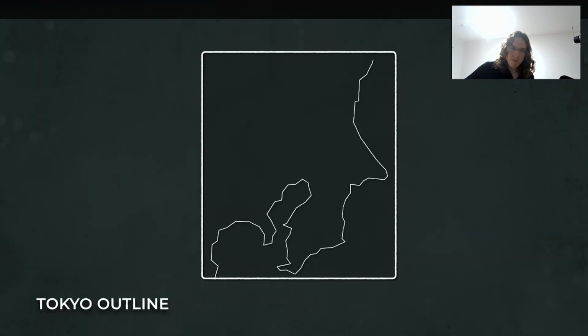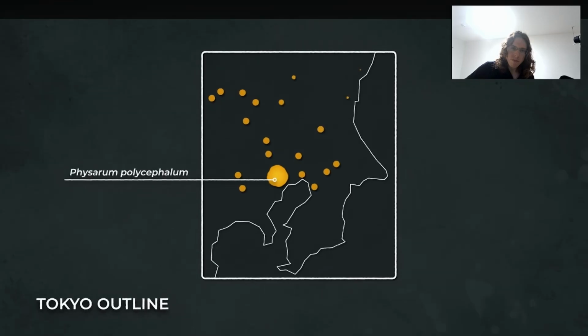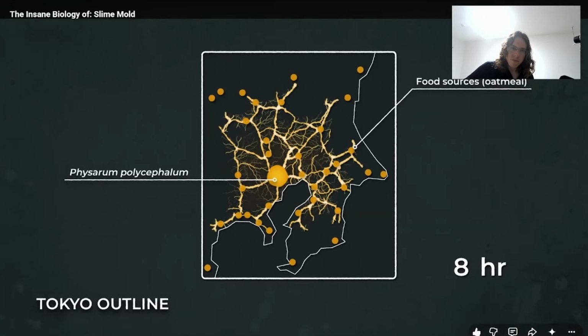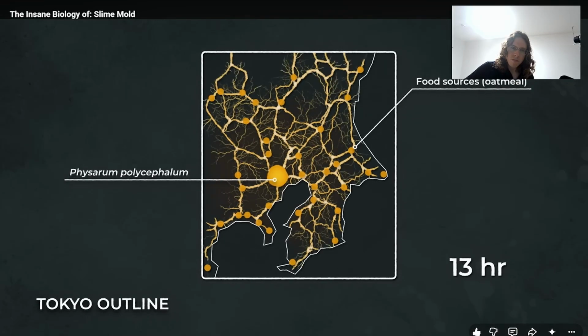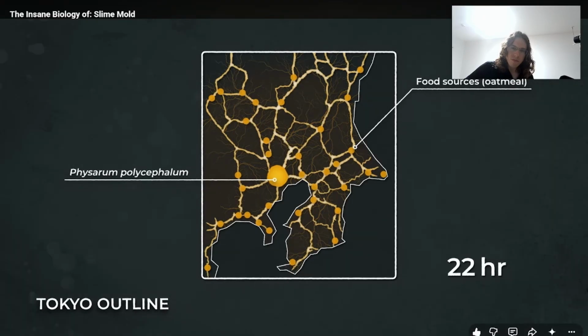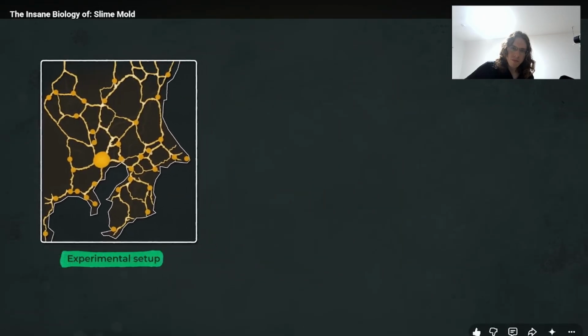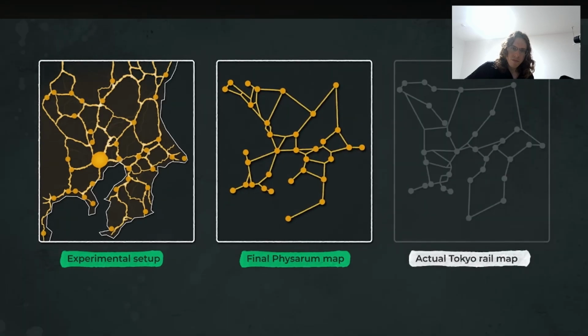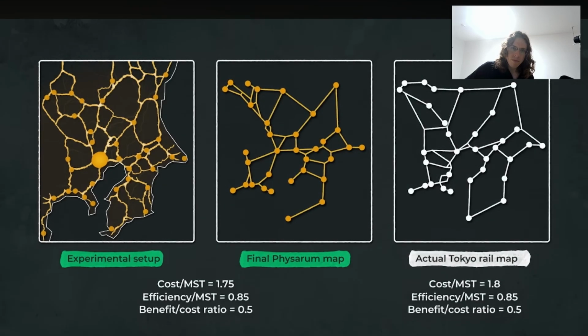On a flat template of the Tokyo region, they placed food on the 36 surrounding cities connected by the rail system and let Viscerum grow freely from the centralized Tokyo location. At first, the slime mold spread out evenly over the food sources, but soon it began to optimize its pattern, leaving only the most efficient network of interconnected nutrient transport tubes. They discovered that Viscerum created a map nearly identical to the real rail system with about the same cost, efficiency,